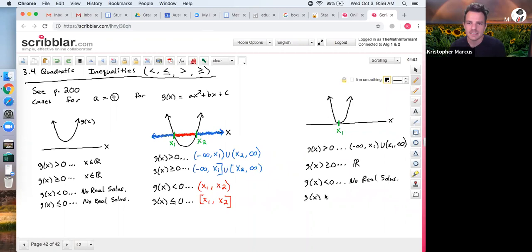What about where is it less than or equal to 0? Well, we know that it's never less than 0, but is there a case where it's equal to 0? Yeah, it's equal to 0 right there. So it turns out the only solution is when x equals x sub 1. So the worst one is when it just touches only at one spot. You got to be real careful what you're asking. But these are the 4 inequalities, the 4 cases that can happen under any one of these circumstances. So this is how this works out. Let me show you how the steps are going to work when you do the